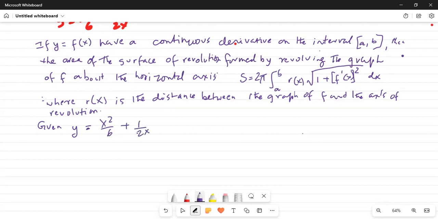So let's find the first derivative of y with respect to x. Sorry, this was x cubed, so let me correct that. x cubed by 6. So y prime is equal to 3x squared over 6 minus